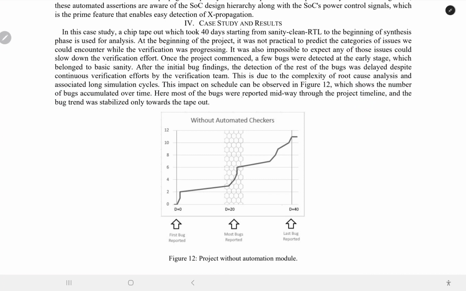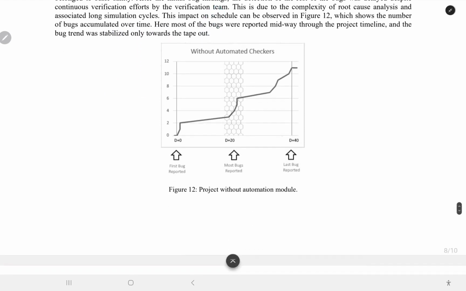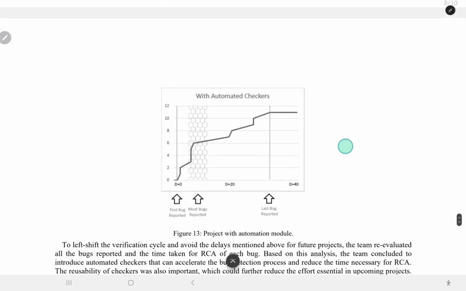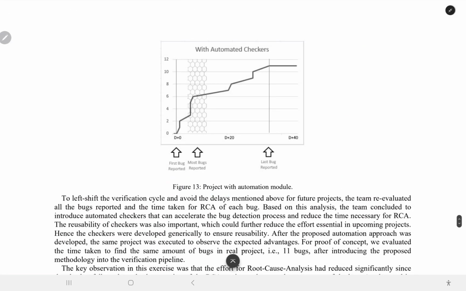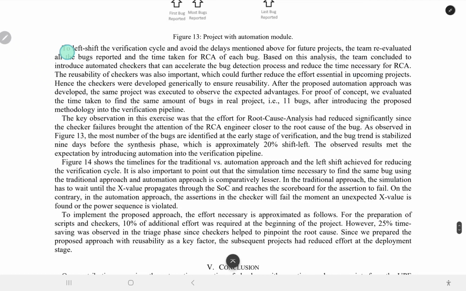Here, most of the bugs were reported midway through the project timeline, and the bug trend was stabilized only toward the tape-out. Figure 12: project without automation module. Figure 13: project with an automation module. To left shift the verification cycles and avoid the delay mentioned above in future projects,